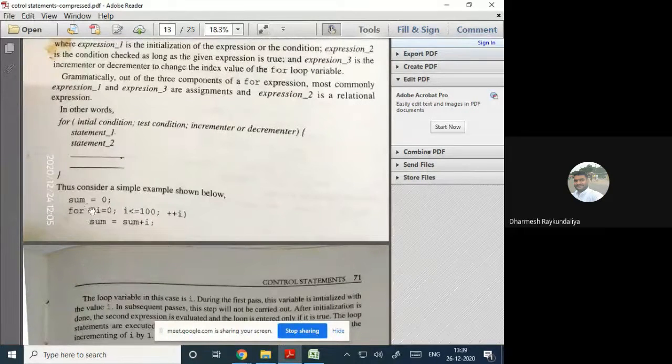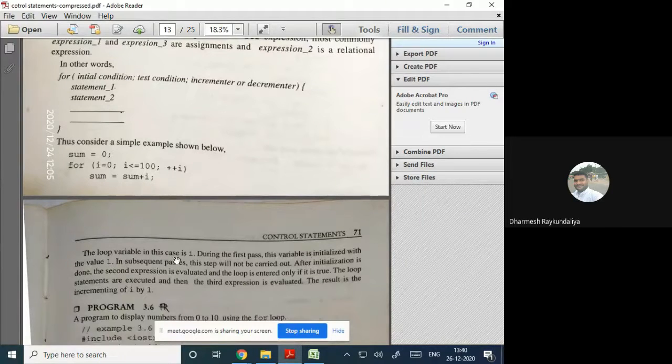Suppose initially the value of sum I am assigning as 0. Now I am starting the index I with the value 0. So for I equal to 0, now I less than or equal to 100. That means every time it will check whether the value of I is less than or equal to 100, then it will enter into this loop and perform this expression. And after performing this, it will come to here and it is asking for an increment by 1. And here initially sum equals 0. So every time, the new sum will be calculated and again assigned back to the variable sum.